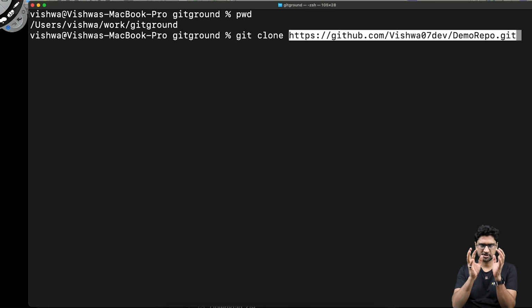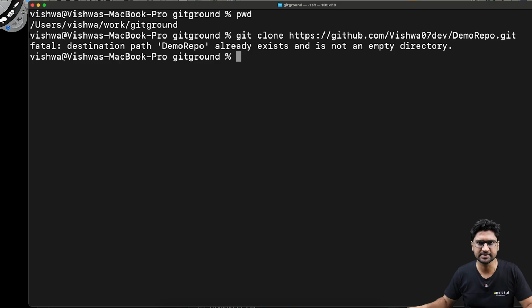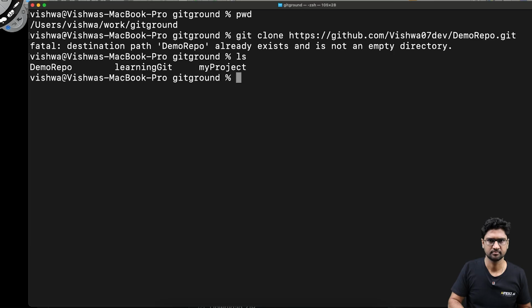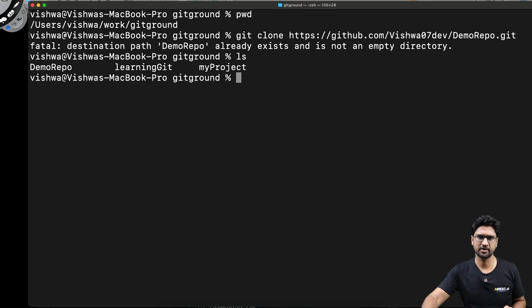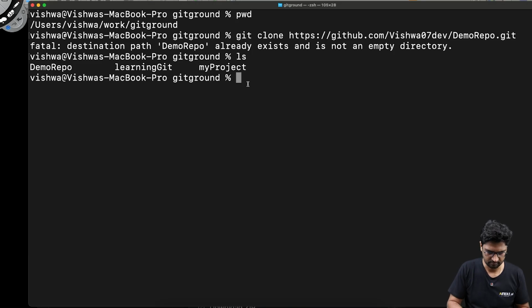Now, for this connection to work, you have to understand you need to have an internet connection, because your computer has to connect over the net, go to the GitHub servers and fetch this URL content. If I hit enter, it is saying that destination path demo repo already exists and is not an empty directory. If I do the ls here, there is another demo repo which is already present, right? So what I'll do is I'll create a directory with mkdir cloned